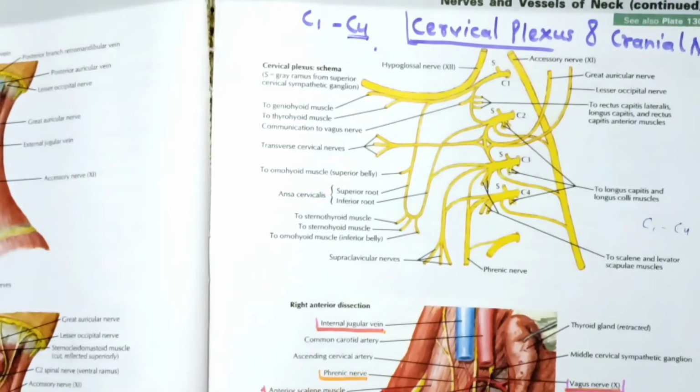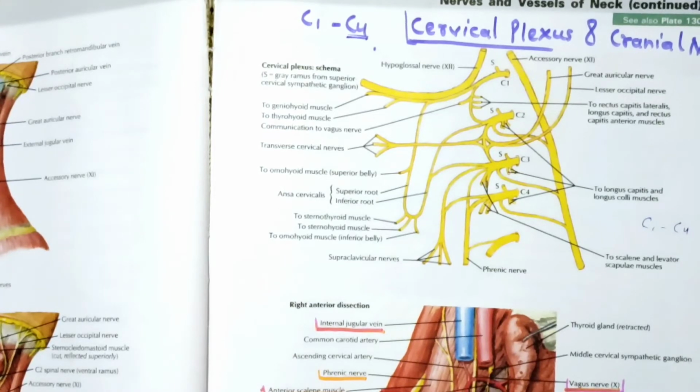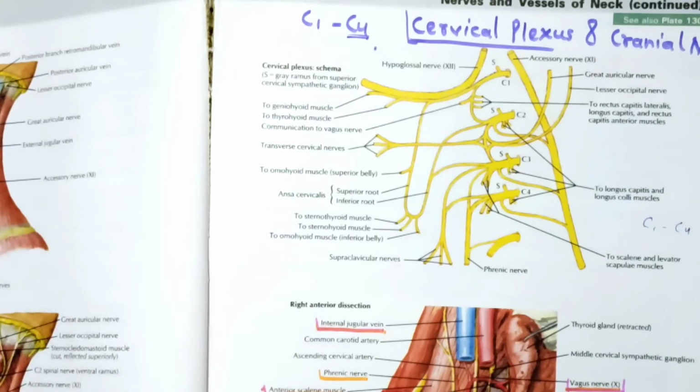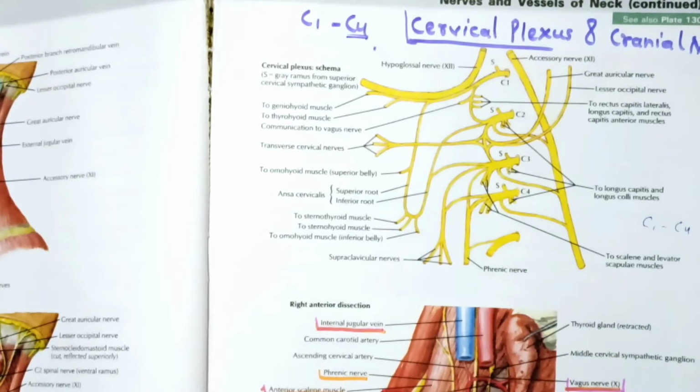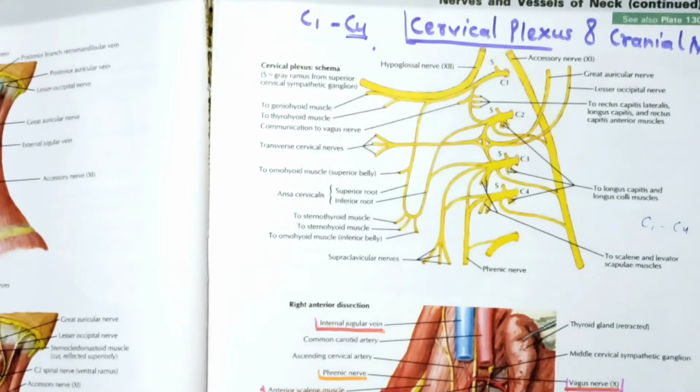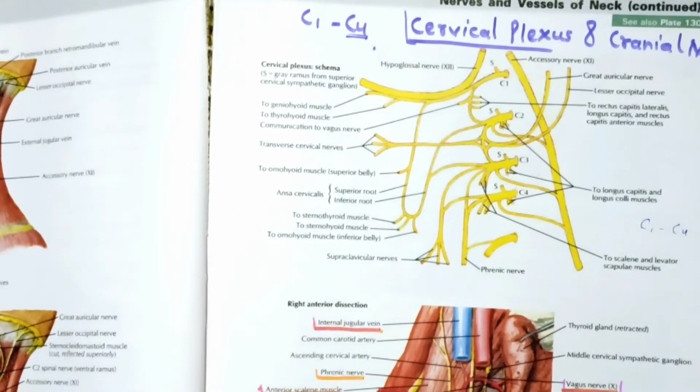the main blood supply of head and neck is from the external carotid artery, which is one of two terminal branches of common carotid. One is internal carotid, which goes up directly and supplies the brain, and the other division is the external carotid, which gives branches and supplies the muscles and structures of head and neck. So for blood supply we have external carotid. For venous drainage, we have internal and external jugular veins.